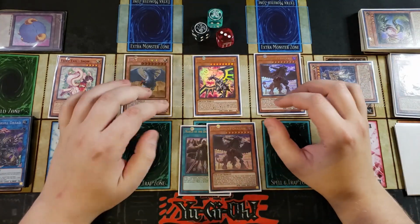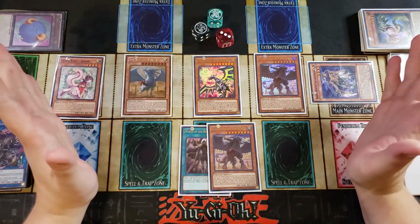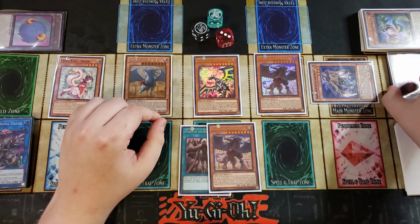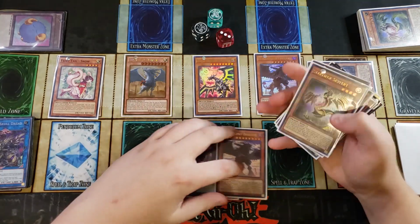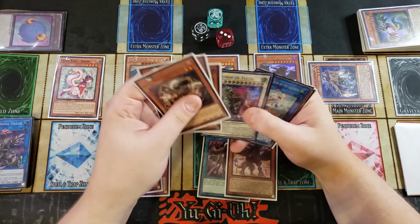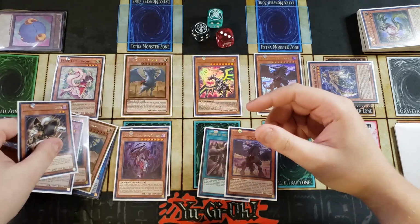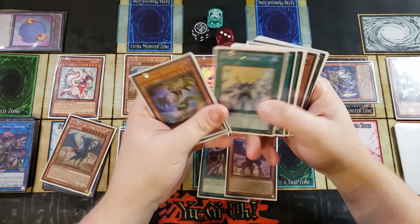But at this point, we have this really insane field. You could OTK the opponent just with this, but I can push this even further, which is really cool. So we're going to go ahead and use the copy of Punishment Dragon right now, and we're going to go ahead and put all of our cards that are not Lightsworn monsters directly back into the deck. So we're going to go ahead and put the Star Liege, the Destrudo, the copy of Baron de Fleur, the copy of Appaloosa, and even Judgment Dragon, because it's not Lightsworn by name, and then every banished card that is